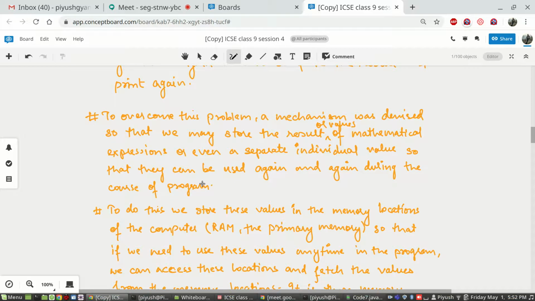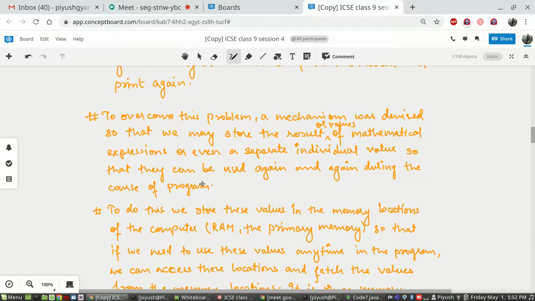So in all the programming languages, they devised the mechanism of somehow storing the values, the result of any mathematical expression or anything, or even the messages that we are talking about, that is strings, to some place and then later reusing the value from that place.